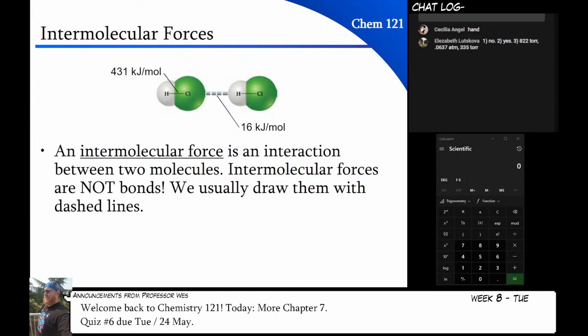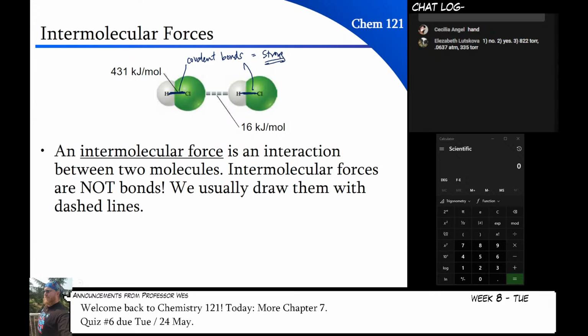So on the screen here, I have HCl covalent bonds. So these are covalent bonds. Covalent bonds are strong. Those atoms are held together. That H and that Cl, not going anywhere. Those two are stuck together forever. Not really forever, but